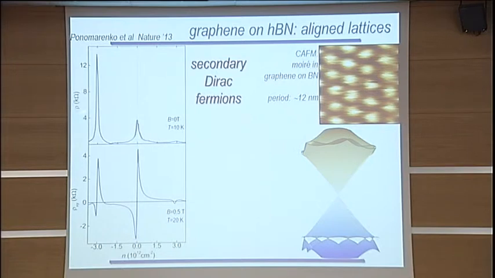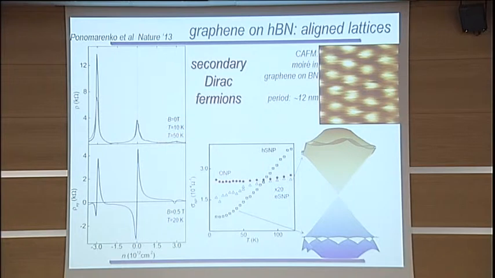The temperature dependence of those is quite different. I'm not going to go into details there, but it basically allows you to say something about the degeneracy and the Fermi velocity of those new Dirac points. So we basically see it as a new generation of Dirac quasi-particles, new cones there, and